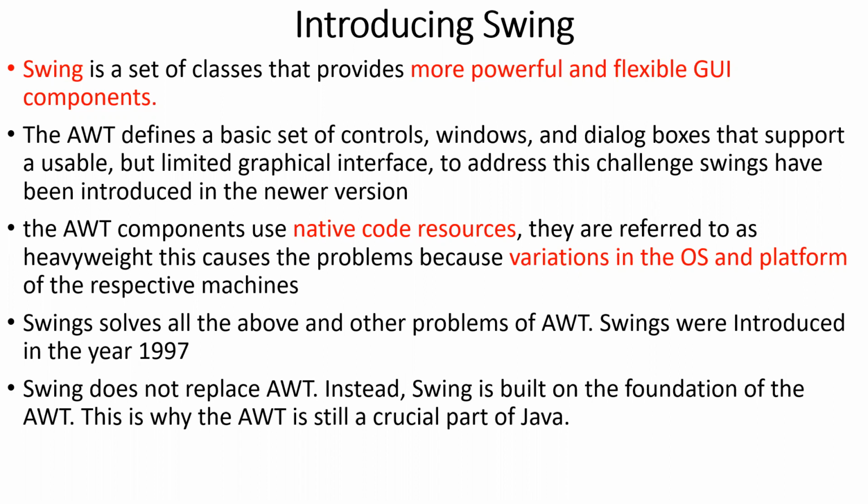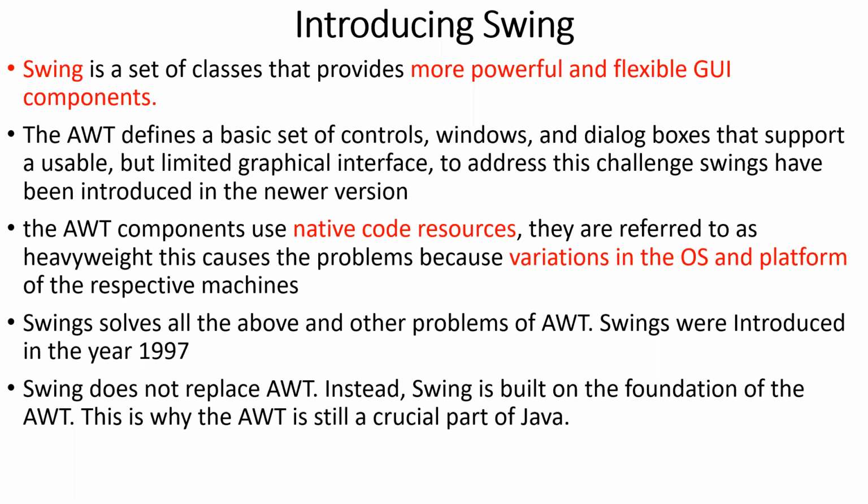Now instead of using AWT, it is better to use Swing, because all the developers prefer Swing because of its extra features compared to AWT. So before going to know about Swing, it is better to first know what the problems with AWT are, and why those problems are arising in AWT. First, AWT means Abstract Window Toolkit, and it is used to provide GUI, graphical user interface type of components only. But the main drawback, the problem, is the third one.